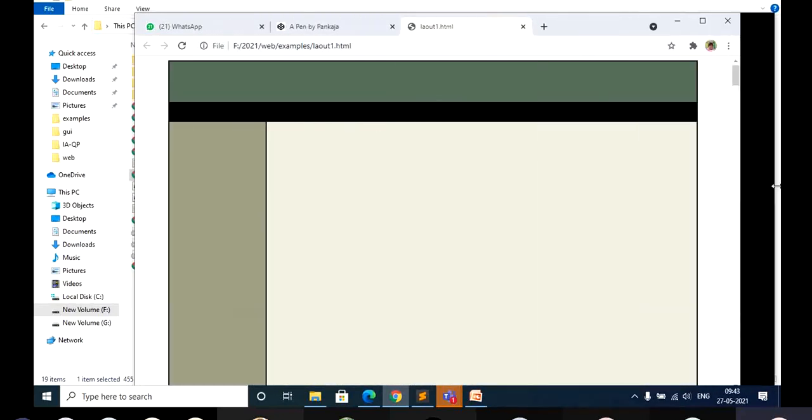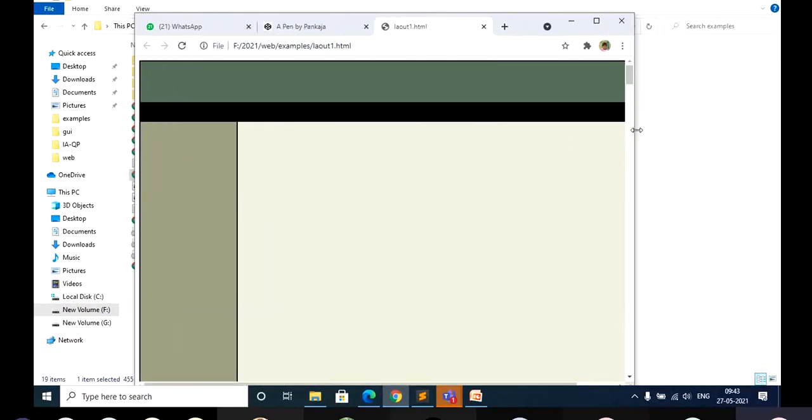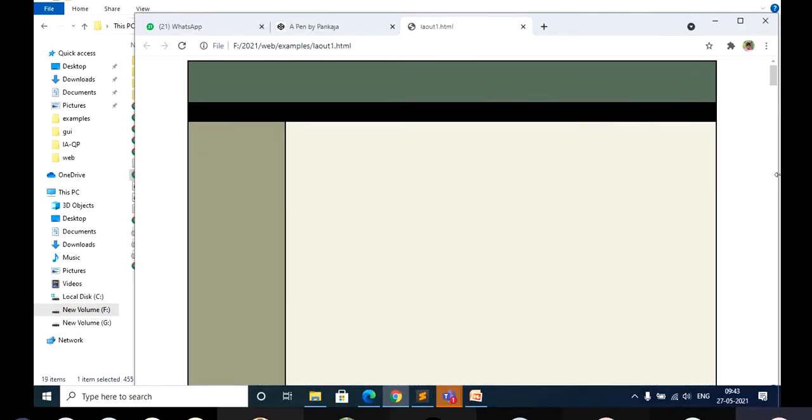The window size is fixed. Even if you get any content here, it won't change the window size. Also, if you try to open this on a different screen, the size of this window is going to be the same. Why am I getting space here? That is because I have set the width of this particular page to 960. If you want to increase it, you can.